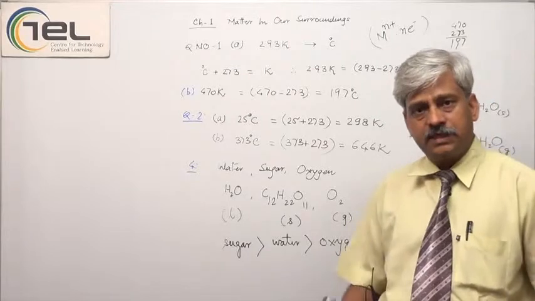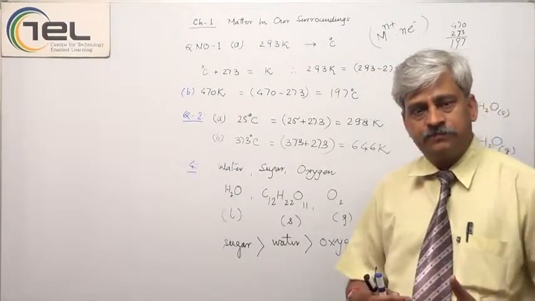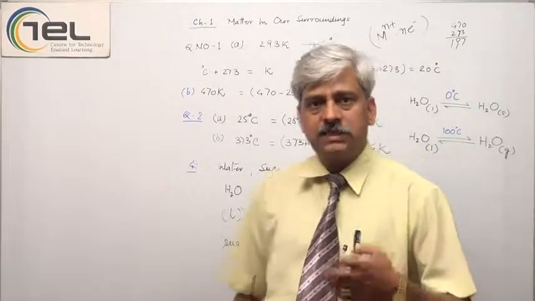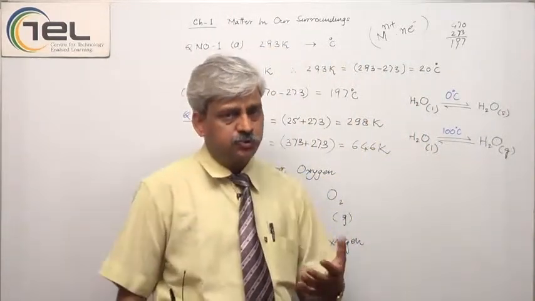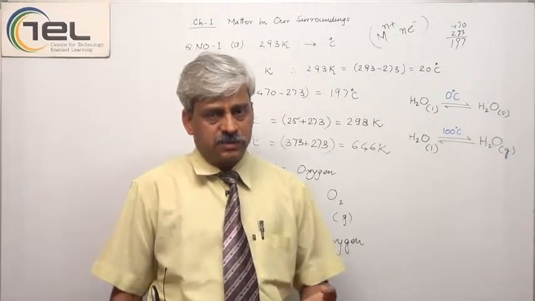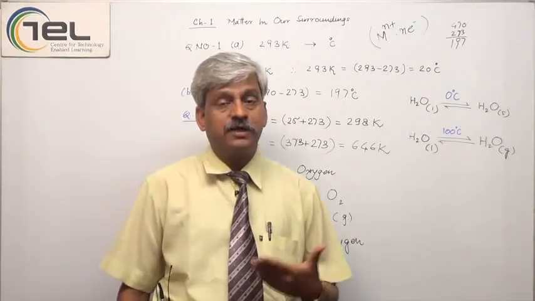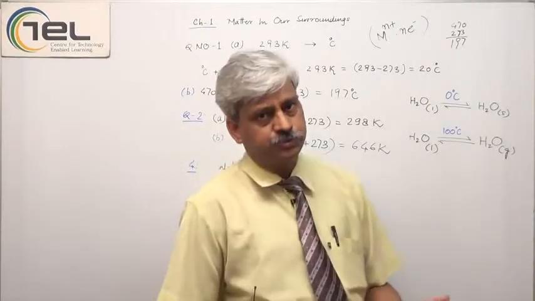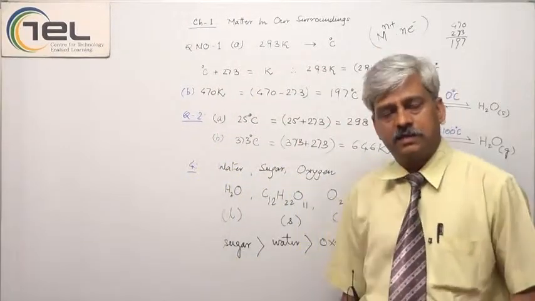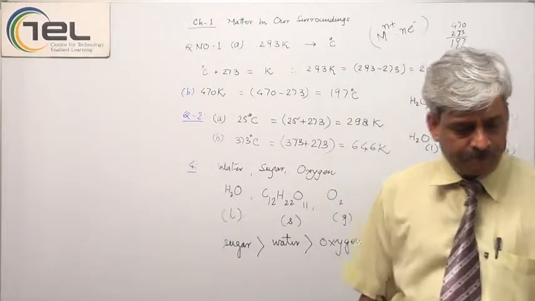In fact, there is a particular amount of heat which will be absorbed when ice at 0 degrees Celsius converts to water at 0 degrees Celsius. Since this particular amount of heat is absorbed from the object, the cooling becomes more effective when ice is used rather than water at the same temperature. So this way we have to explain this.